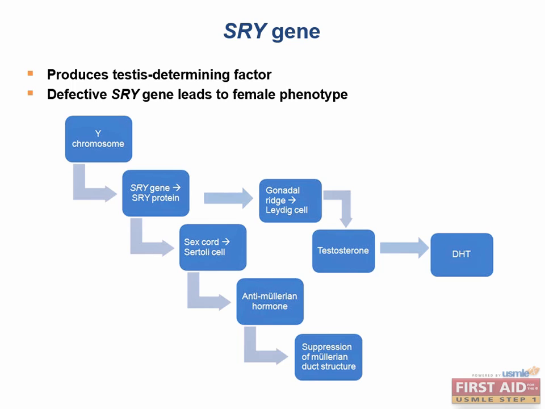Of course, there are also specific things that can go wrong in males. Consider this pathway charting the events that are supposed to happen downstream of the SRY gene. So you have the Y chromosome with the SRY gene going to the SRY protein. This can give you the gonadal ridge, which will give you the Leydig cells for testosterone and DHT. Also, you get the sex cords, which give you the Sertoli cells, which will make anti-Müllerian hormone and suppress the